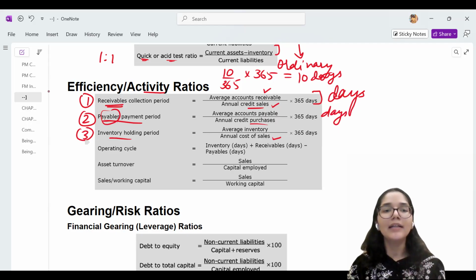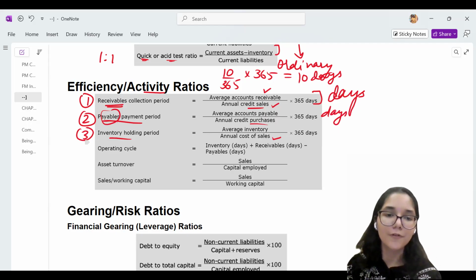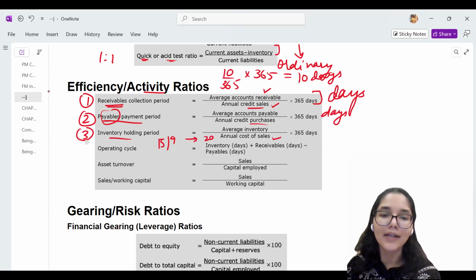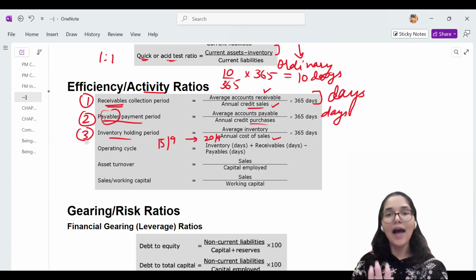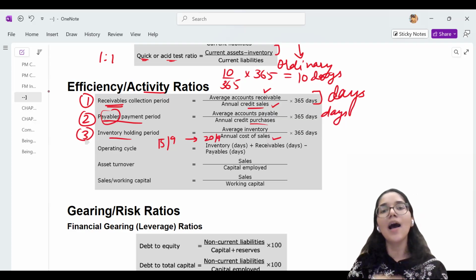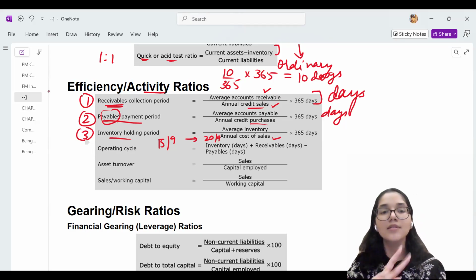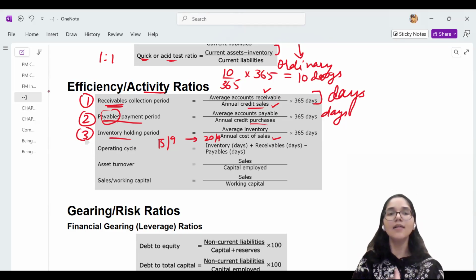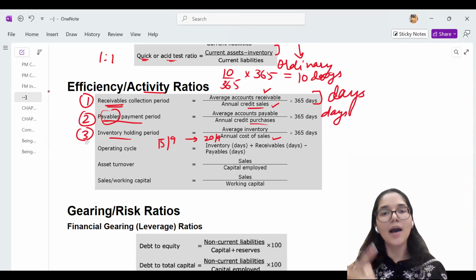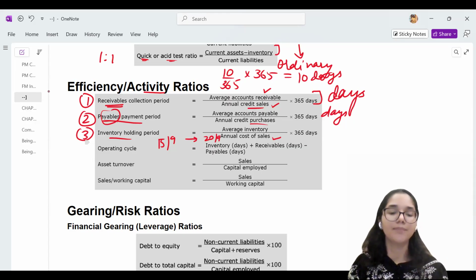How much time did it take for the business? Let's suppose today on the 15th of September, I have manufactured my inventory. Now I do the final sales on 20th of September. So that means 5 days the goods were lying with me unsold. So 5 days is my inventory holding period. From the time they are ready till the time they are actually sold to the customers, the difference between that time is called the inventory holding period. This is the amount of time that the business is holding the inventory with themselves.